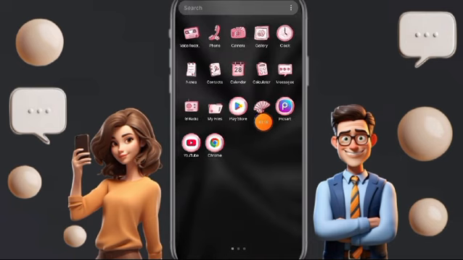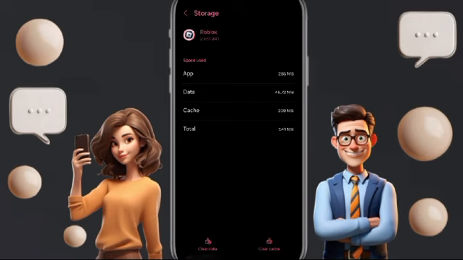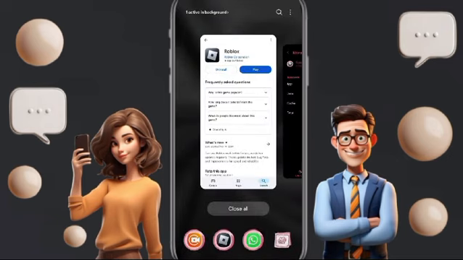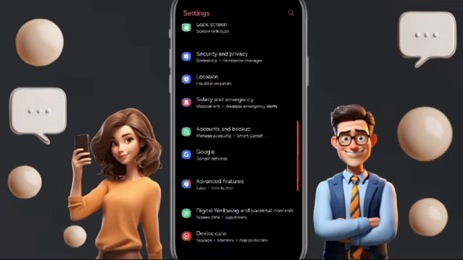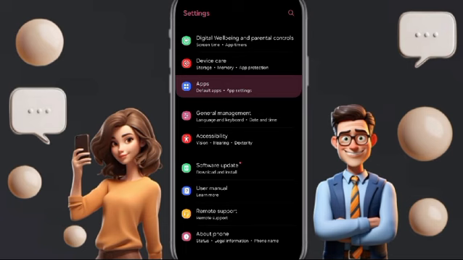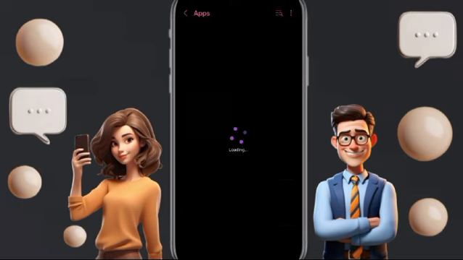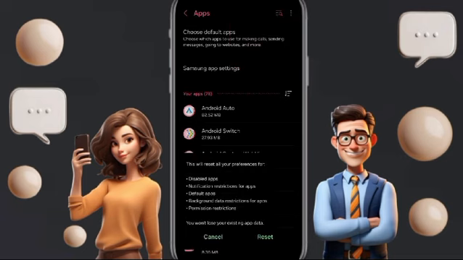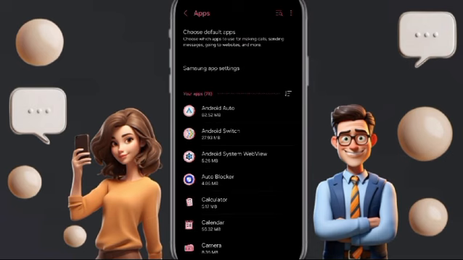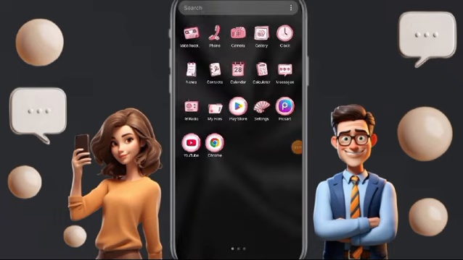You will enter settings again. Here you will go to settings, then you will click on apps, default apps, app settings. Here you will go to these three dots as you see and you will click. After that you will click reset app preferences and then you will click reset, and after that you will go